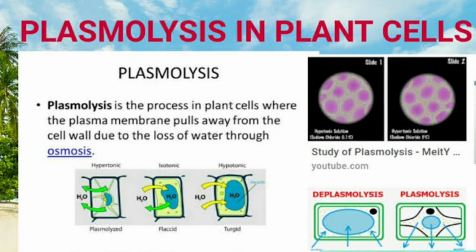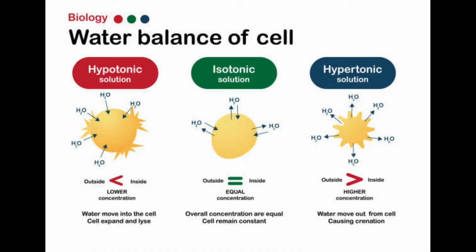Plasmolysis means breaking down of the cell membrane within a cell, or taking out the water from the cell. Before discussing plasmolysis, we are going to discuss some solutions called isotonic solutions, hypotonic solutions, and hypertonic solutions. So what are isotonic solutions? Solutions which are of equal concentration gradient are normally considered isotonic solutions.